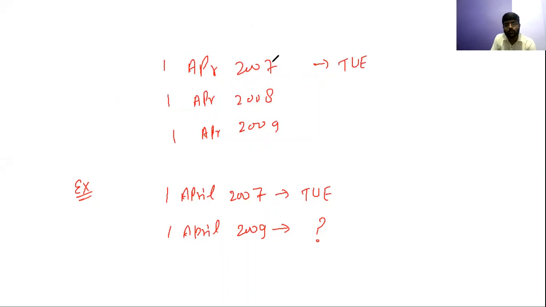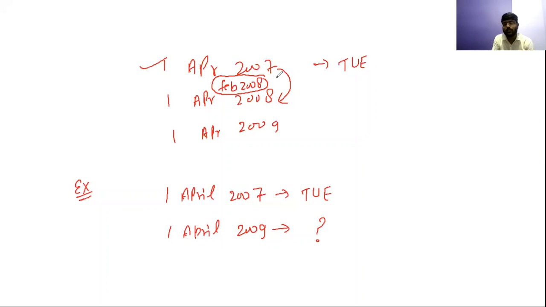So from 1st April 2007 to 1st April 2008, when you are crossing this 1 year, which year February are you crossing? You just need to check quickly now. You need not write all this, but mentally you need to check these things. So mentally you will check that you are crossing the Feb of 2008, because you're starting from April. When you start from April, you will come to May 2007, June 2007, and so on. Then you will come to December 2007, then January 2008, February 2008.